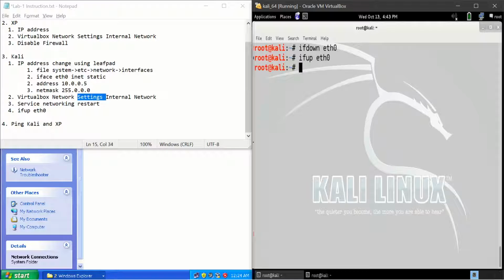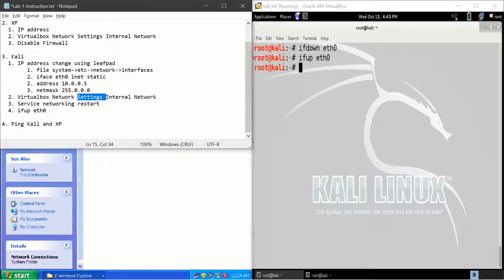Now the final step, pinging XP and Kali. What is the XP command? Step 1, XP, checking the IP.